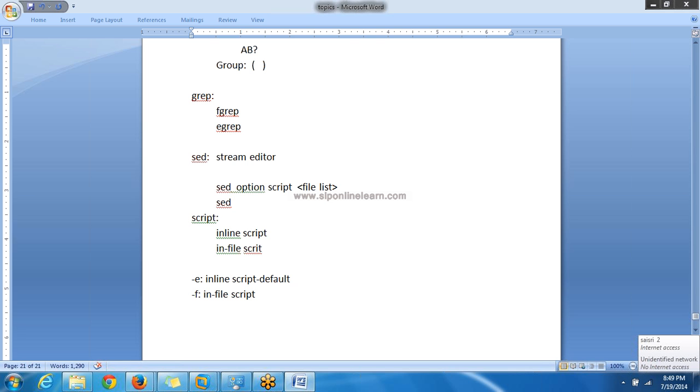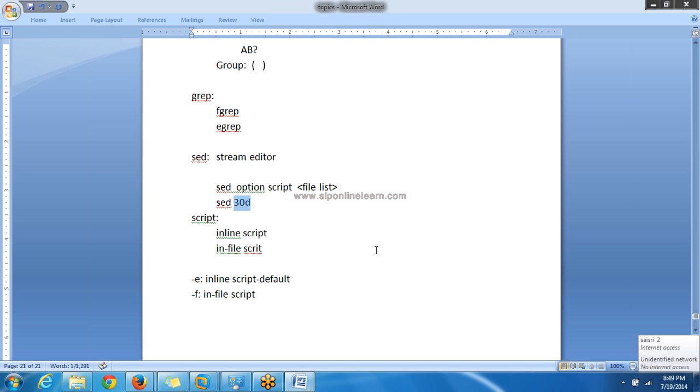Suppose I want to delete the 30th line, then I say 30d. This is my script. Here the address is 30 and the command is d, so it will delete the 30th line in the file.